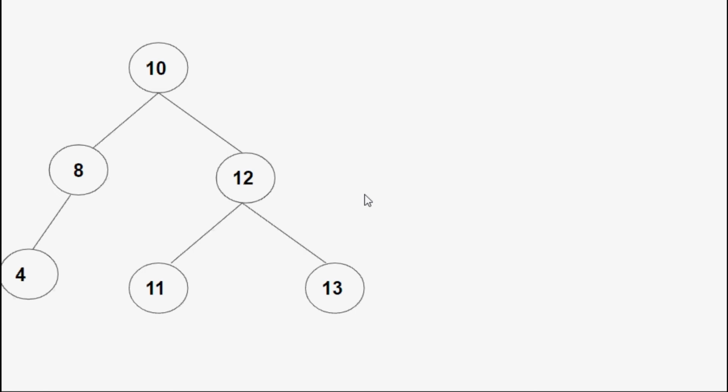We need to traverse to the leaf node from the root node. So the number of edges which come in between is considered as the path. On the left side the path is 2, and on the right side the path is also 2. So 2 minus 2 gives me 0, which is again perfect. So at every node I have calculated the balance factor, which is coming out to be either -1, 0 or 1, which means I can simply say it is an AVL tree.